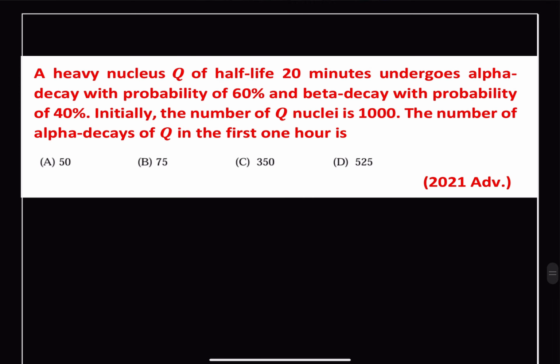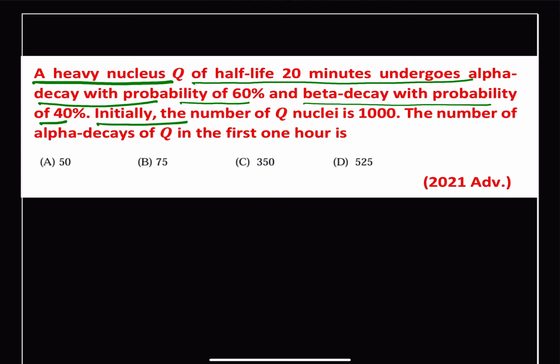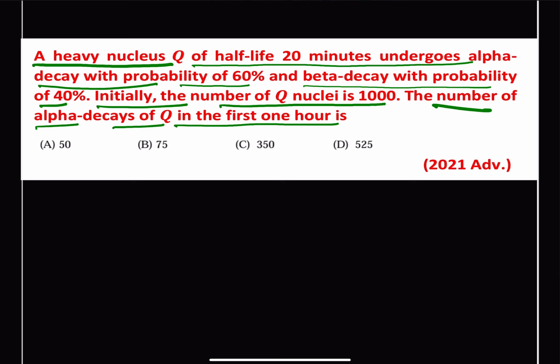It states that a heavy nucleus Q of half-life 20 minutes undergoes alpha decay with probability of 60% and beta decay with a probability of 40%. Initially, the number of Q nuclei is 1000. The number of alpha decays of Q in the first hour is. So in this case, we are given the half-life of Q and the probability of alpha decay as well as beta decay. So we can say our half-life of Q is 20 minutes,